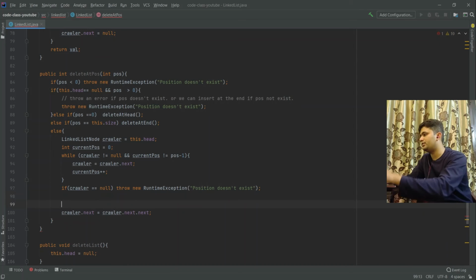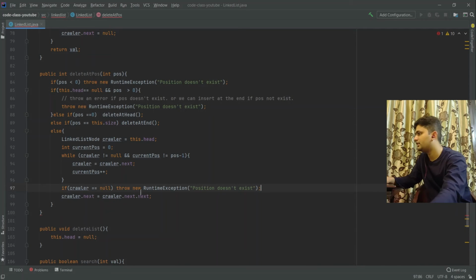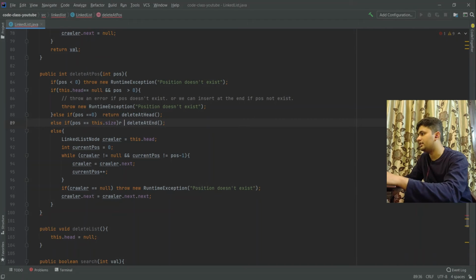Just before doing that, we need to capture the int value, since we are returning here.